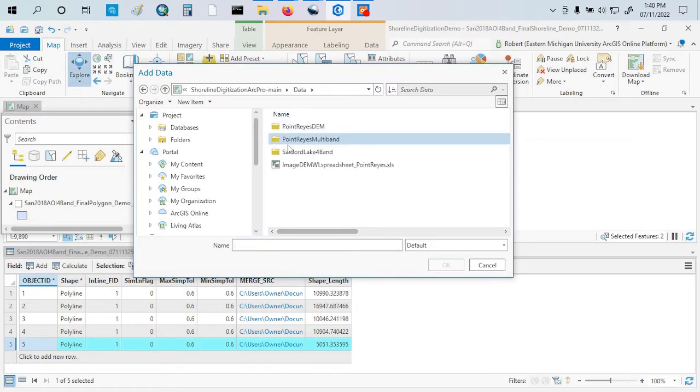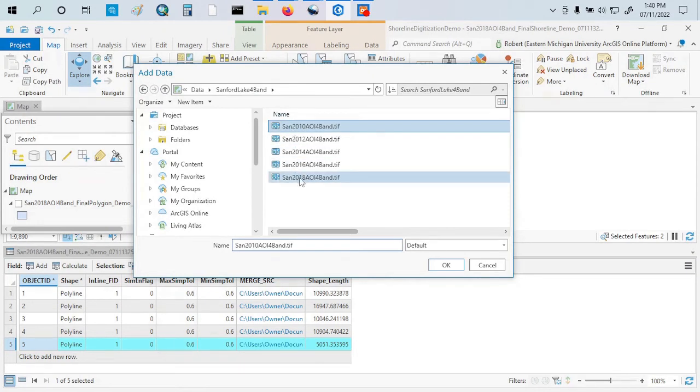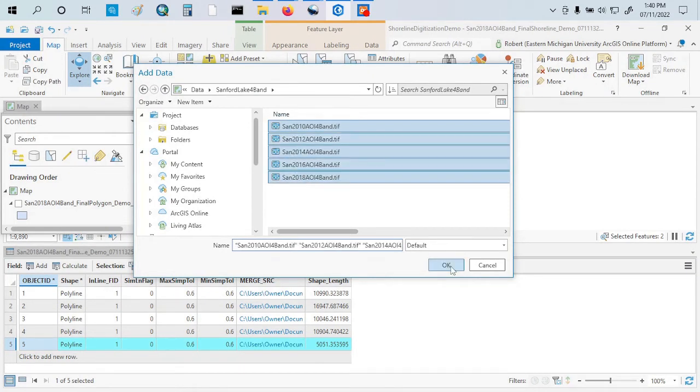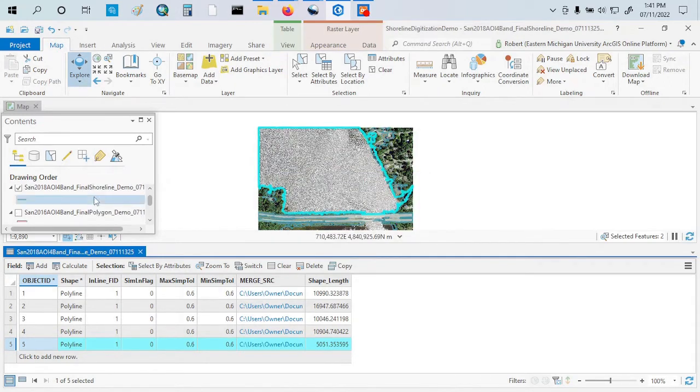Let's see. So sample Lake 4 band. And this will allow us to visually compare